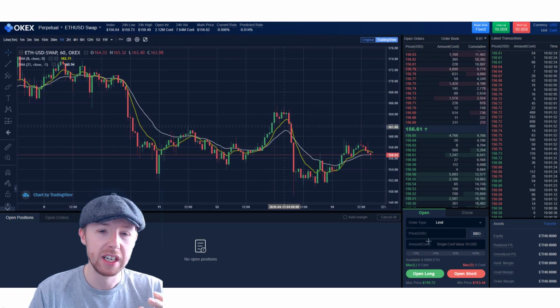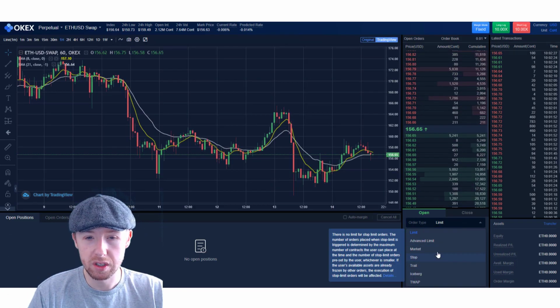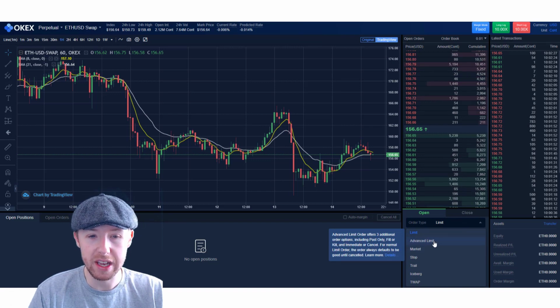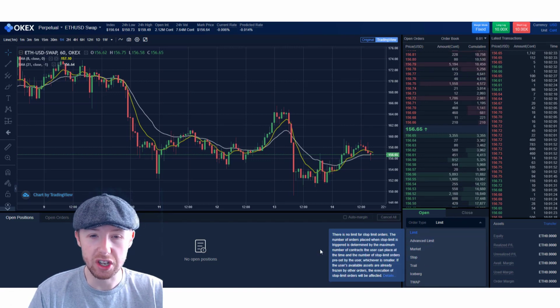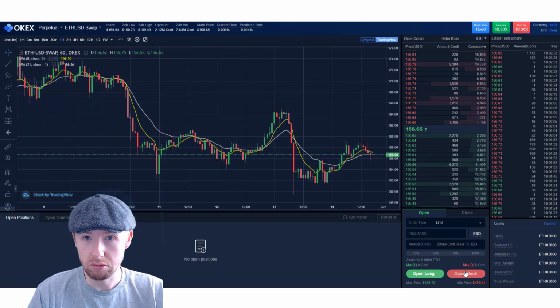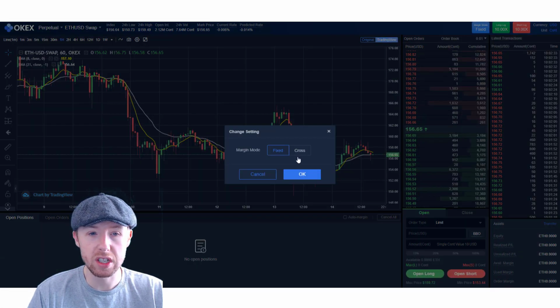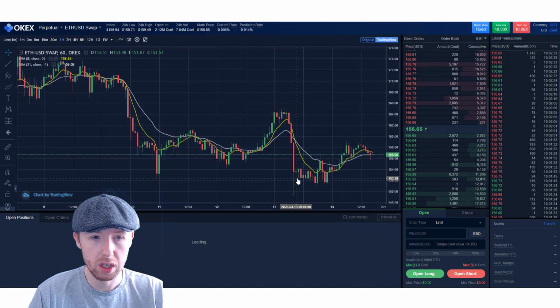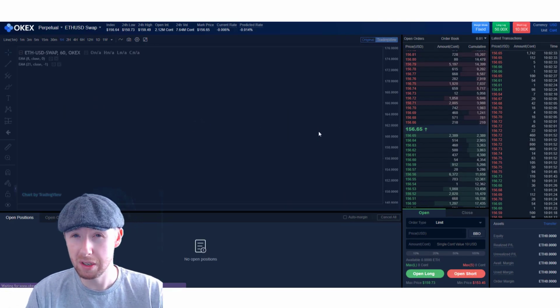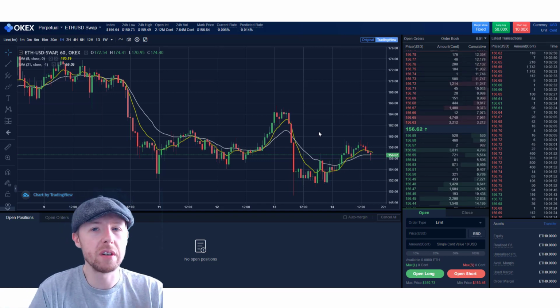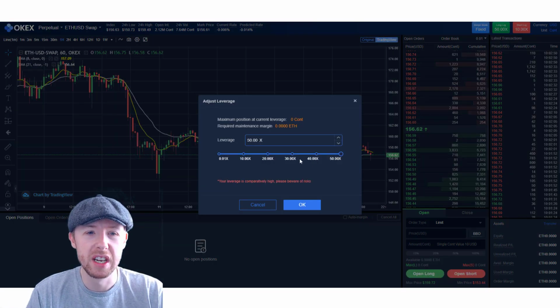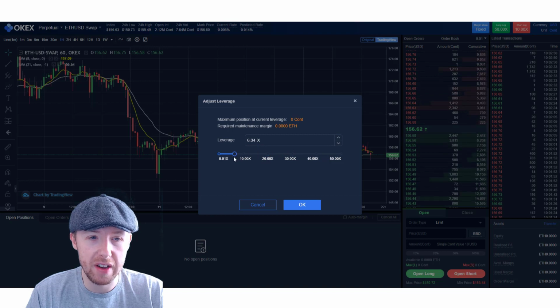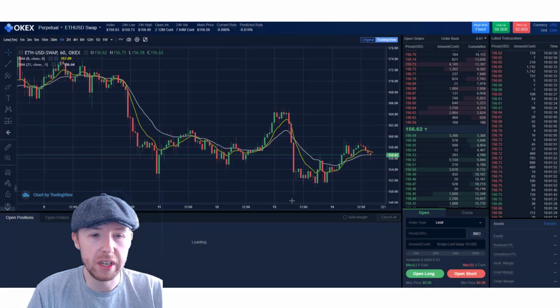It's super simple. Orders open. You have a market order, advanced limit where you can put different elements to it. You've got your stop losses. You're going long, you're going short. Your leverage, you've either got cross leverage or fixed, and you can pick your leverage. Woohoo! So Ethereum up to 50x. Boom. It also gives you a lot of disclaimers saying that you shouldn't be doing this if you don't know what you're doing. If you understand what you're doing, you can crack on, but I wouldn't recommend 50x. Personally, I trade off 5x because I think 5x is a beautiful number. But yeah, it works very, very well.